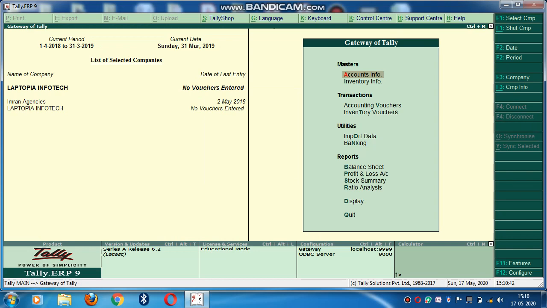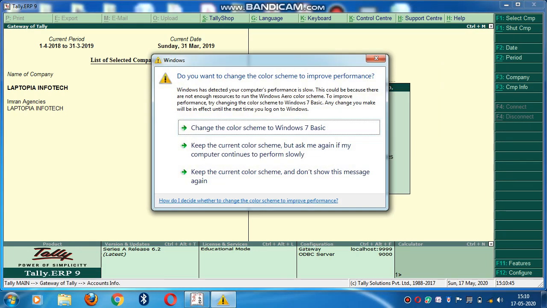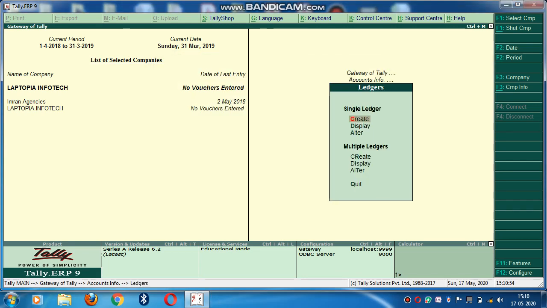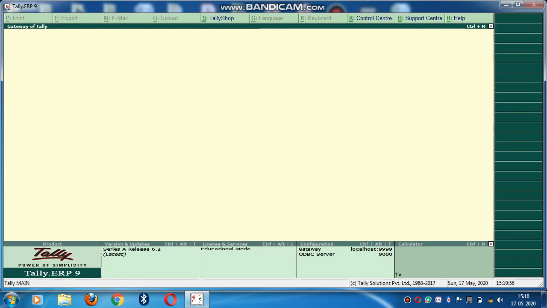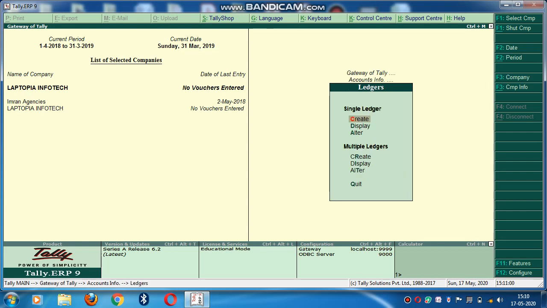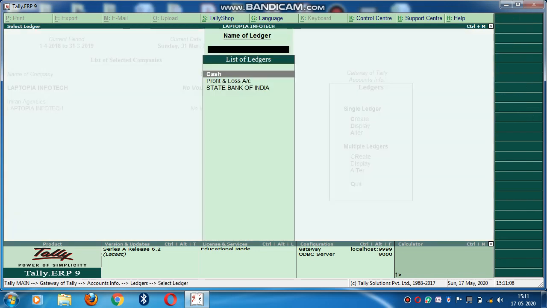I can check whether this ledger got created or not. Go to the ledger, again I'm showing you. You can go the same steps: Account Info, Ledger. That time we selected the option Create, now we'll select the option Display to see the ledger.